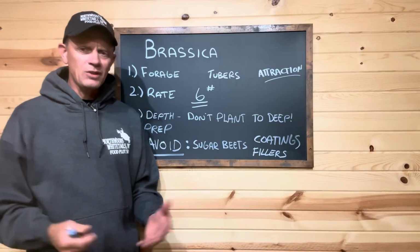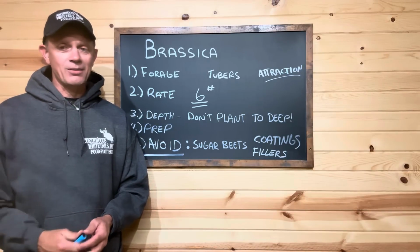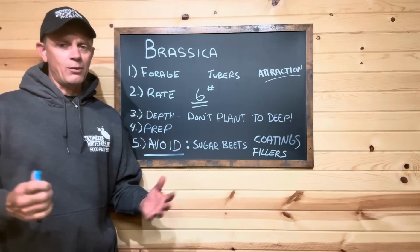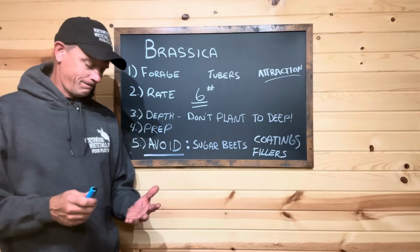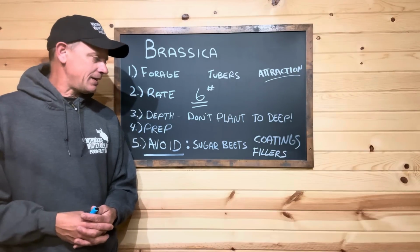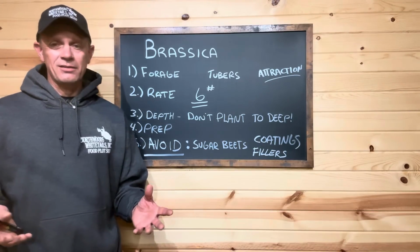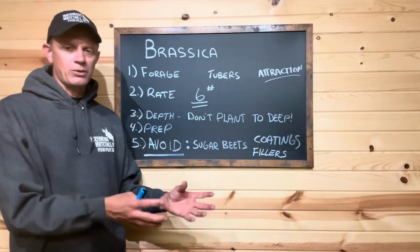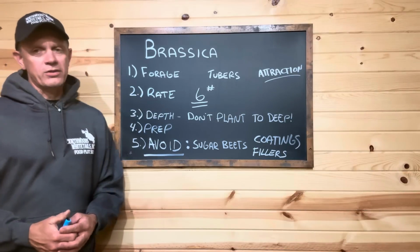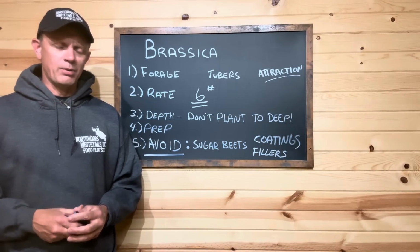Fillers, ryegrass. I don't know how many times we got to talk about that. I still see brassica blends with ryegrass in it from these big buck seed companies. Have no idea why they do that. A lot of people start to put grains in there, big cereal grains, peas. I don't mind peas, beans planted with brassicas, but you got to plant those separate because those are a different planting depth. Okay, clovers. I don't mind clovers being planted with brassica, some crimson, maybe some red,